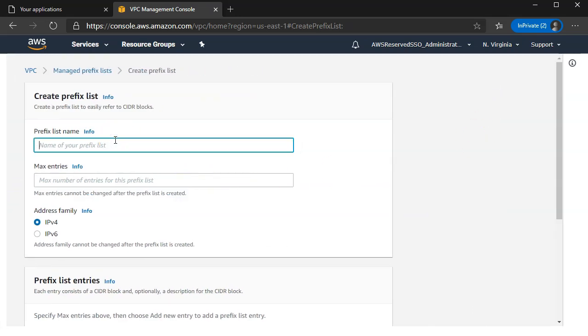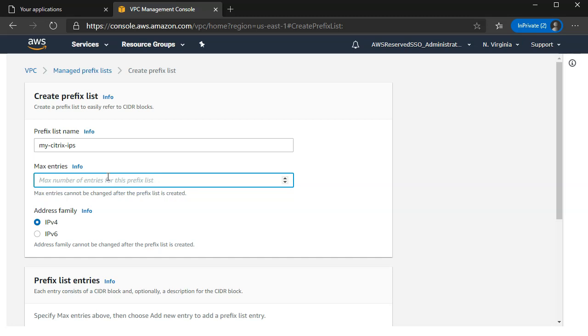I'm gonna call it, let's say, my Citrix IPs. Let's say in my shared services account, I've got a few Citrix servers, and what I want to enable is that in all the spoke accounts, basically all the accounts which are linked or peered to this shared services or central tooling account, in all those spoke accounts, I should be able to SSH from these Citrix servers, right?